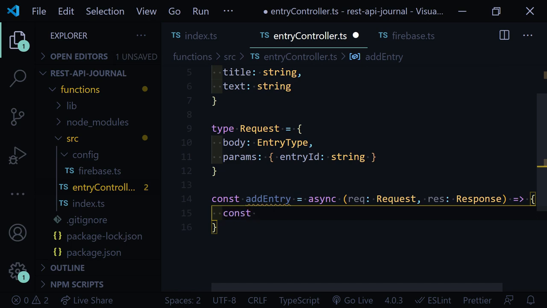So let's first of all destructure the two pieces of information we'll need from the body. So that's the title and the text. So we need those two from req.body. So that's req.body. Now we're going to make a database request next. So we want to send a creation request. We want to tell our database to create a particular entry. So we're sending this information we have from req.body to Firebase and saying, oh, Firebase, create something in our Firestore